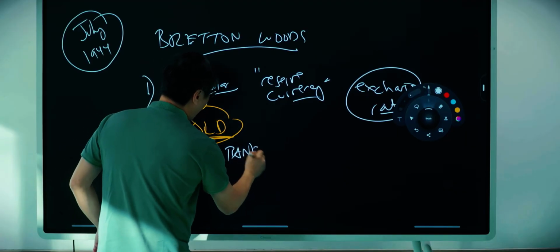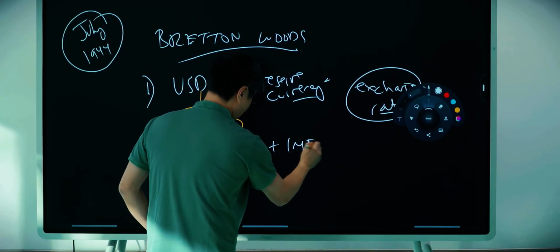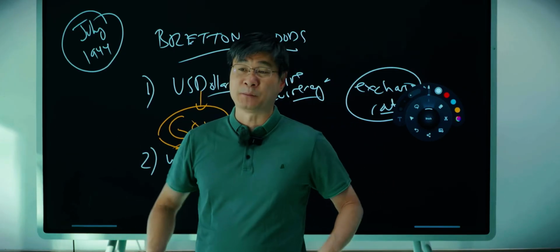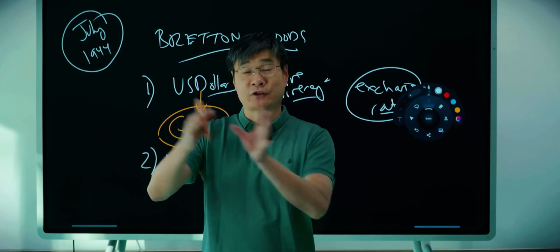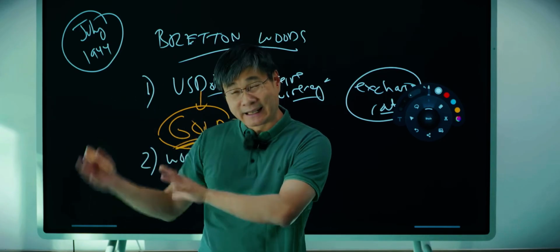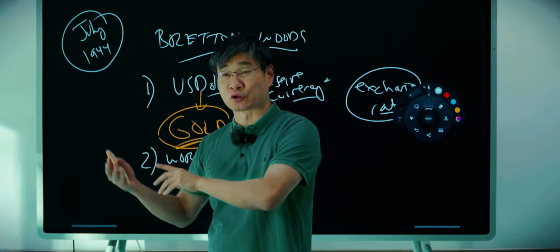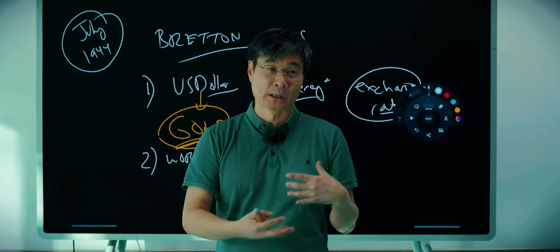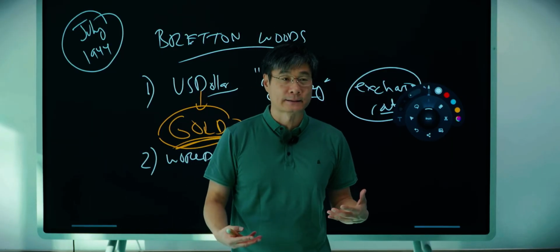The World Bank, their job is to give you loans. Okay, so let's say you are China and you are poor, right? And you need to build dams. Well, the World Bank gives you money. And when it gives you money, what it does is it allows you to start playing this game, okay? It allows you to participate in this game. Now, what always happens is